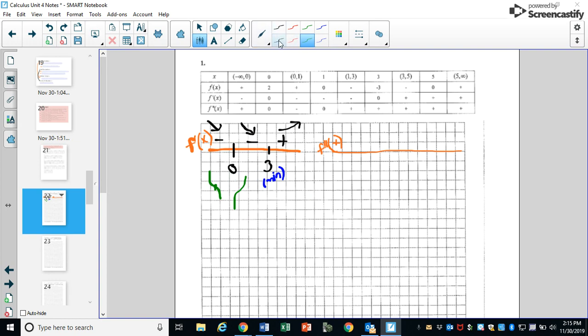Okay, so we have all of the information that we need for our first derivative. Let's now go ahead and do our number line for our second derivative. Now on the second derivative, this is our points of inflection, okay? But the numbers that we're going to put here are anywhere in our second derivative where it's equal to 0 or undefined as well. And so here you'll see that as x